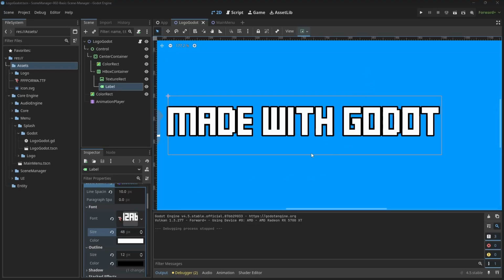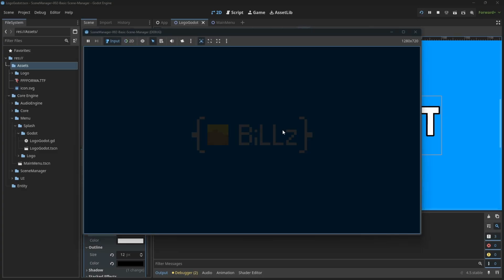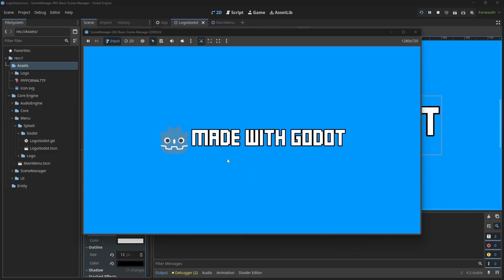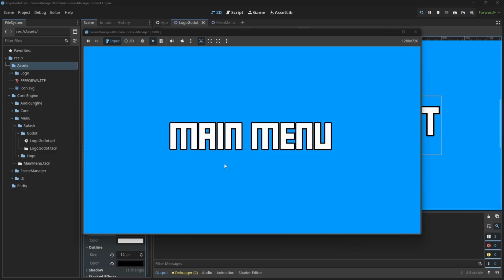In this video, we're going to continue working on our scene manager, and we're going to add in a way to transition between scenes, and we're going to add in some really basic transitions. So here we have a splash scene for a game, transition to a made with Godot scene, which then transitions